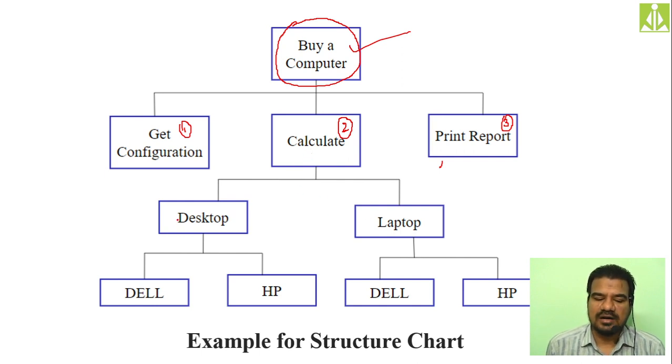Likewise, if you are opting for a desktop, you have different brands to purchase. You can get it from Sony, Dell, HP, Acer, Asus, and many different brands we have in the market. And as you know, as you select the brand, the cost will get affected, isn't it? The cost will get affected.